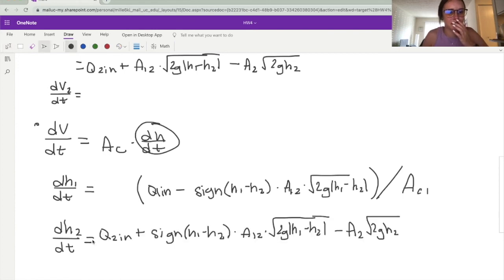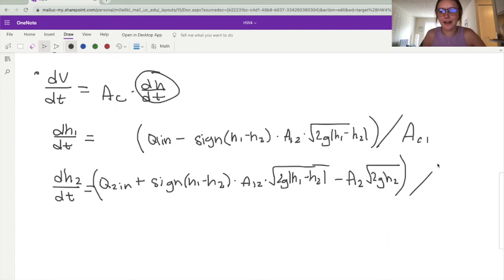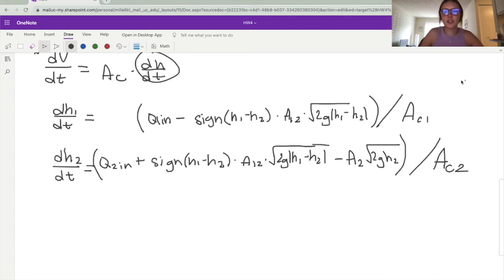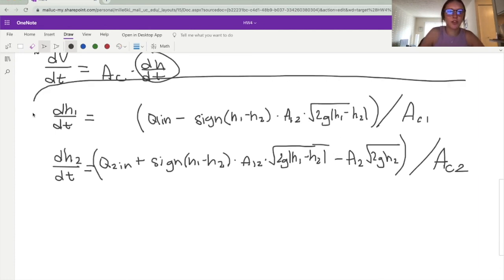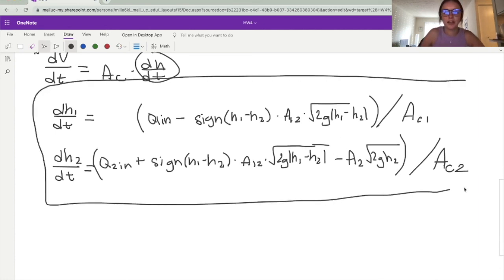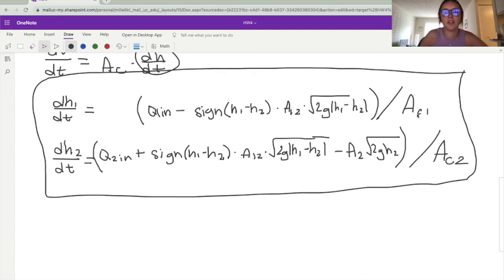And so this is going to equal this whole thing divided by the cross-sectional area of 2. And so these are the equations that we end up with for this part. And in the next video, we will be discussing the cross-sectional